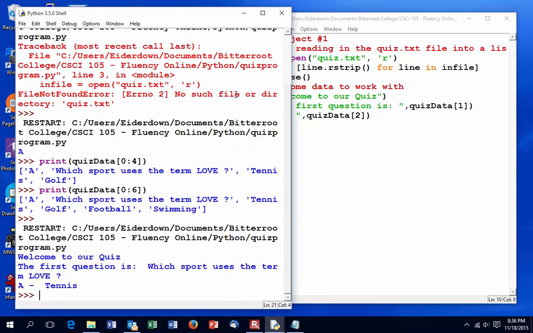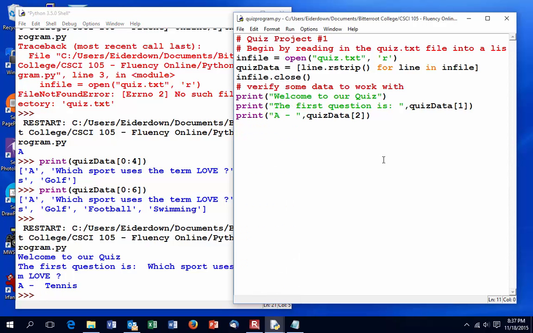As you can see, it says, welcome to our quiz. First question is, which sport uses the term love? And it pops out the first choice. So, ideally you want to be able to put out all the choices there. And then you want to get some input from the user. You have to collect their input. So you're going to be asking them, once you get all the information out,